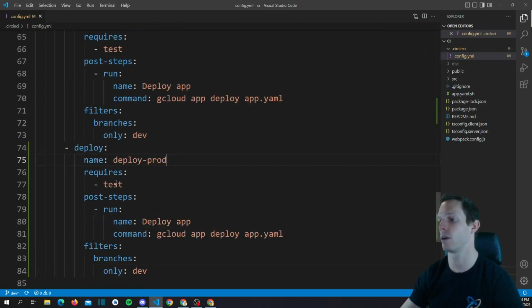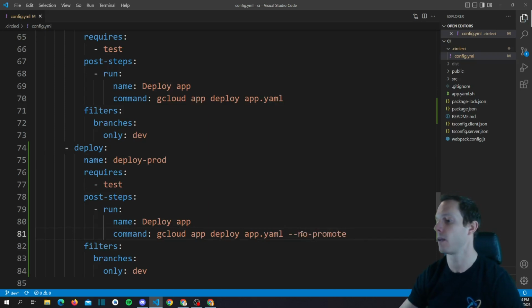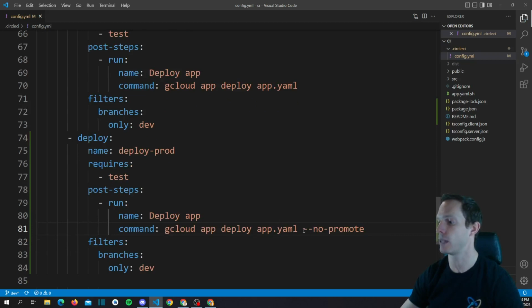Now we still want to run our tests, so we want to require the test still. You may require additional tests for deploying to prod. But what we're going to do is we're still going to deploy the app, but we're going to add an additional flag that's called no promote. All right, let's zoom in a little bit for you. --no-promote. And what this means is it tells gcloud, or it tells GCP, that we do not want to migrate traffic